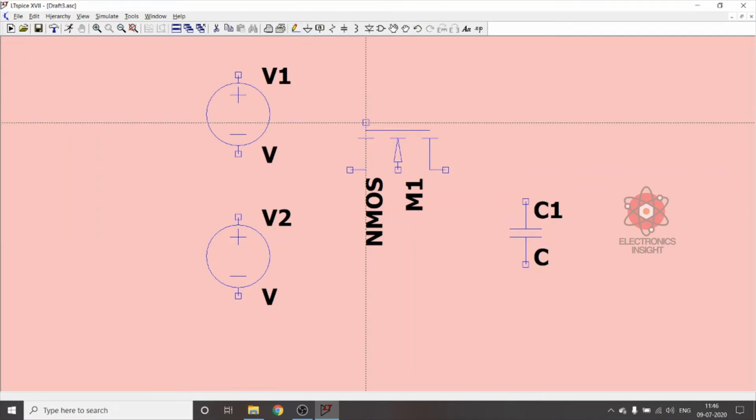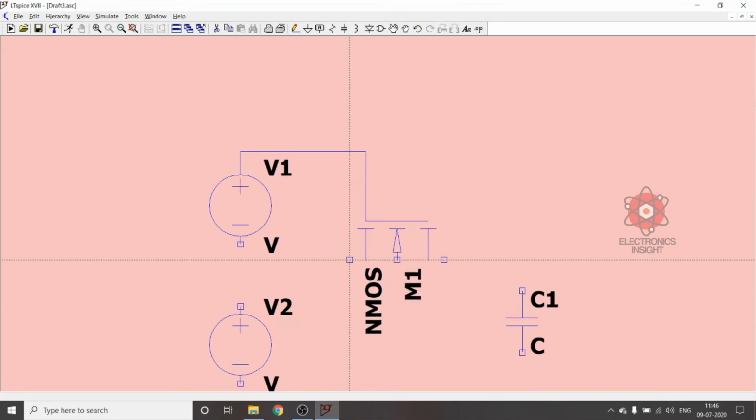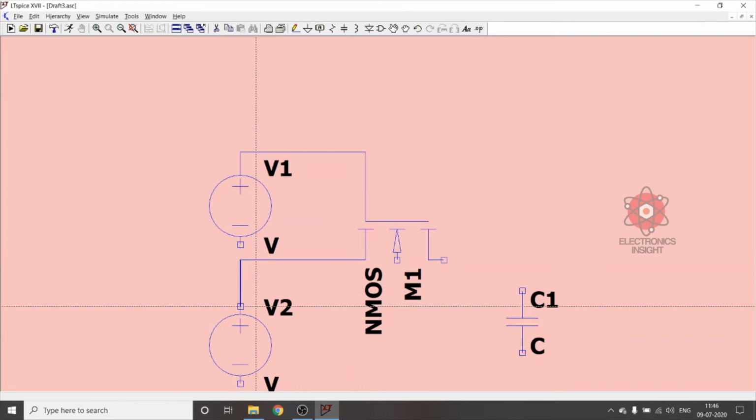The gate has to be fed with this voltage, and then this source has to be fed with this voltage source, and then we need to connect the substrate connection.